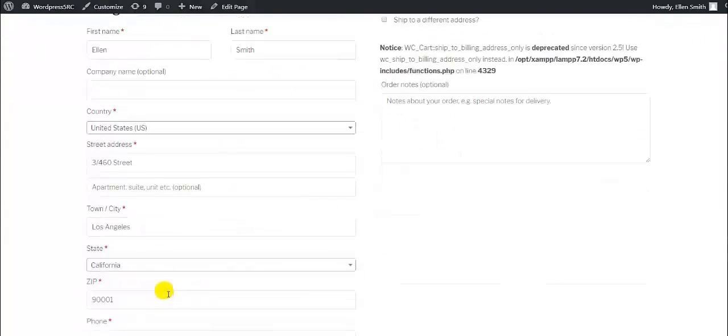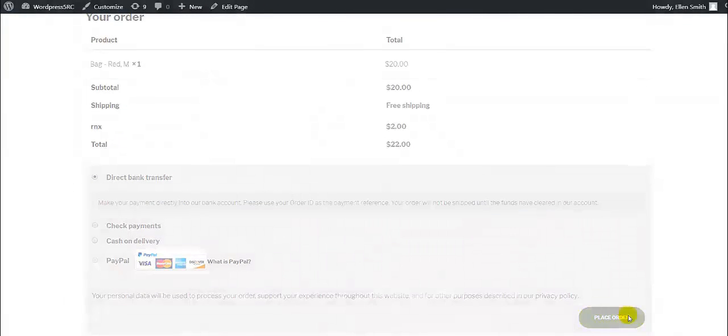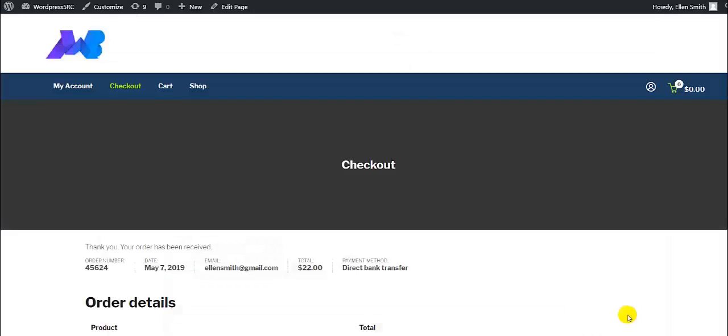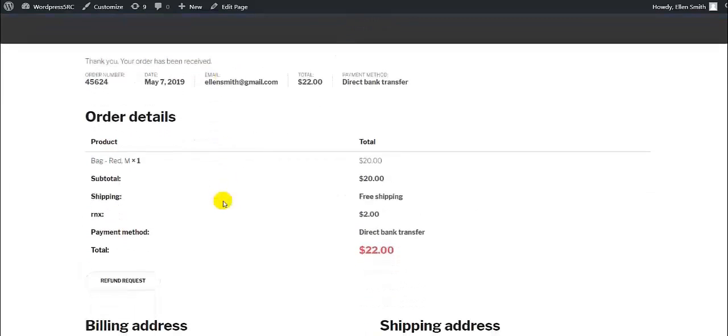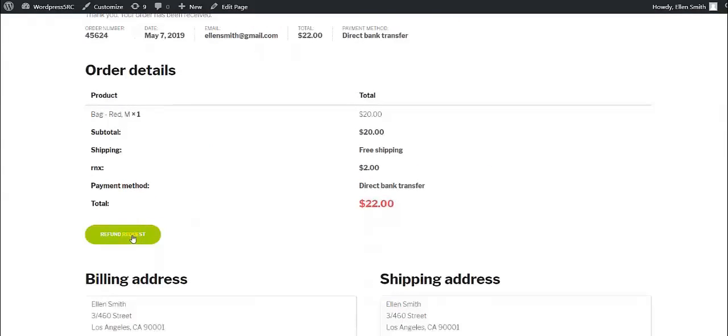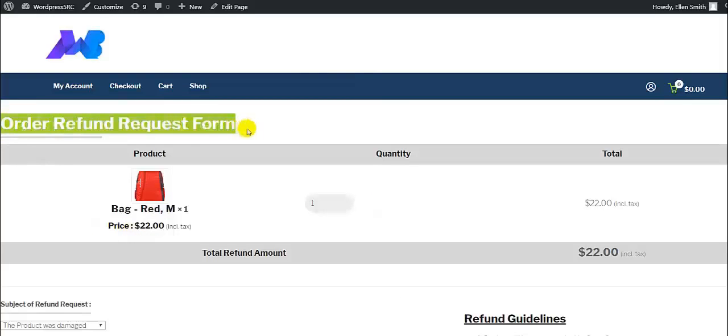So guys, after filling all the required credentials, what you need to do, you need to click on place order, and now the order will be placed and you will get the message. So these are the order details, and message has been received. And as a result of backend settings, here's the button for refund request. So click it over here, and here comes our order refund request form, which is required to be filled by